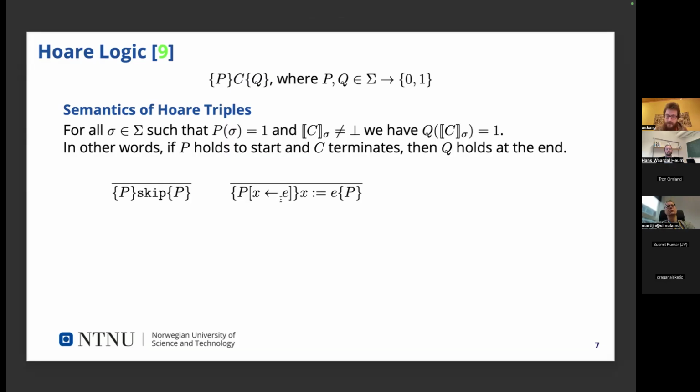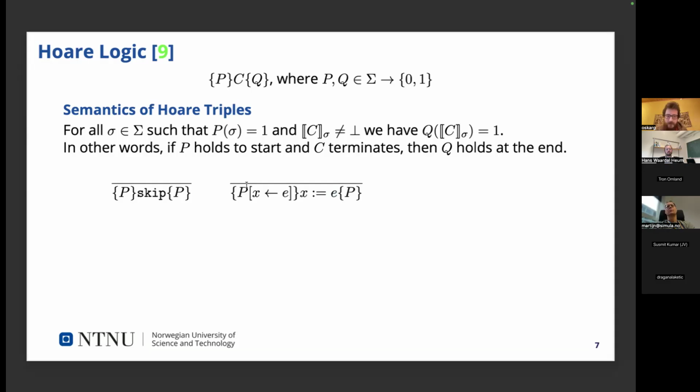And for assignment, if we have some predicate P which may talk about X in some ways, then we can have as a precondition the same predicate, except it talks about the expression E that was assigned to X.